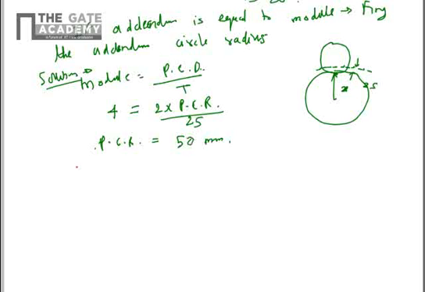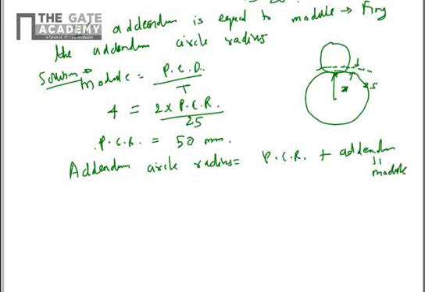So the pitch circle radius is 50 mm, and the addendum circle radius is equal to pitch circle radius plus addendum. The addendum is equal to module in this case. This is provided for the standard gearing. So that means we have 50 plus 4 equal to 54 mm. This is available in one of the options and you can choose it. It was option C for this case. This is the answer. We'll consider another question from GATE.